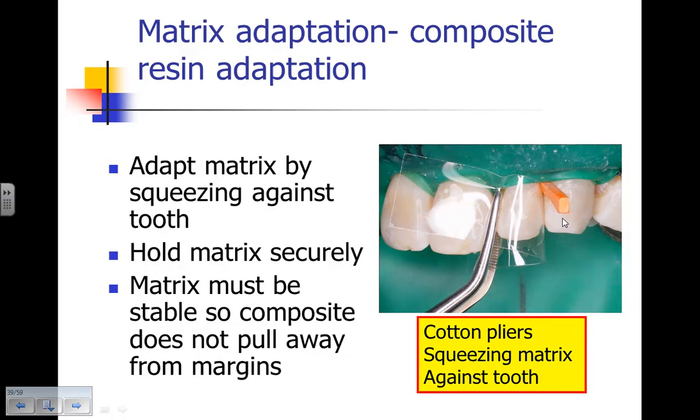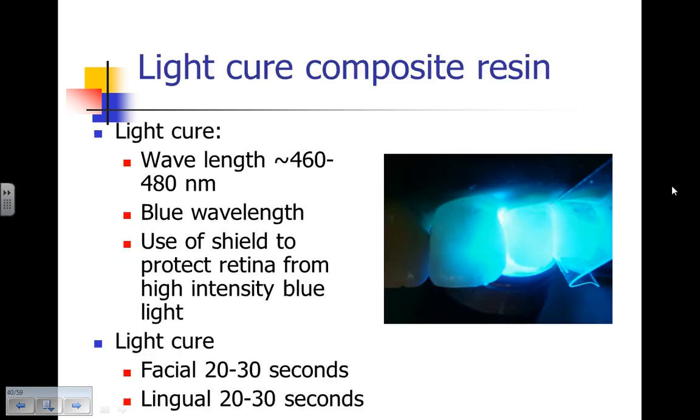I hold the matrix securely, and the reason I hold it securely is the composite wants to stick to that mylar matrix, and we can end up with gaps between the restoration and the tooth preparation if the matrix is moving and not adapting the composite. I light cure